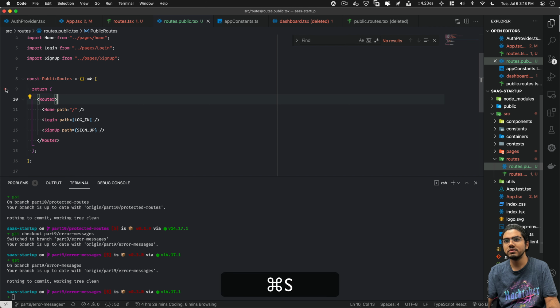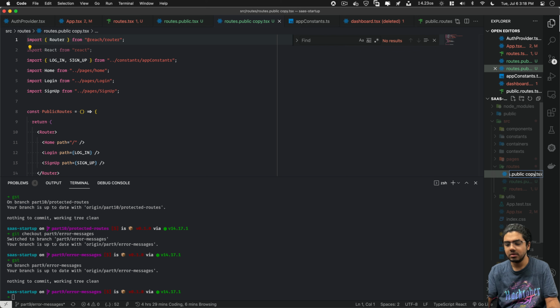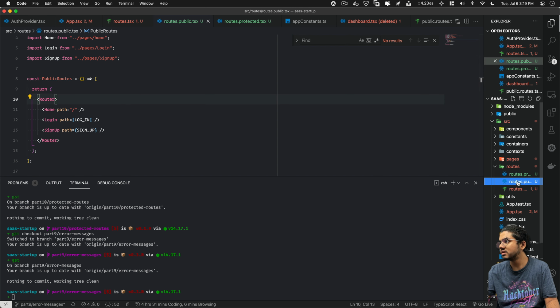Yes, so we are done with public routes. Now let's create private routes. We name it the same, routes.protected.tsx. Or let's change the names.